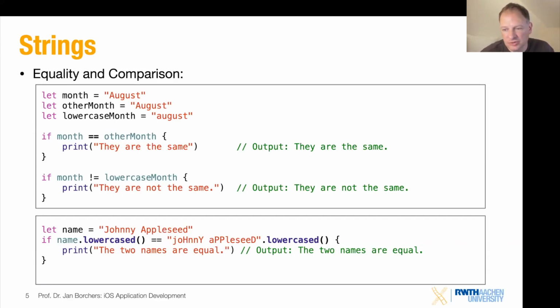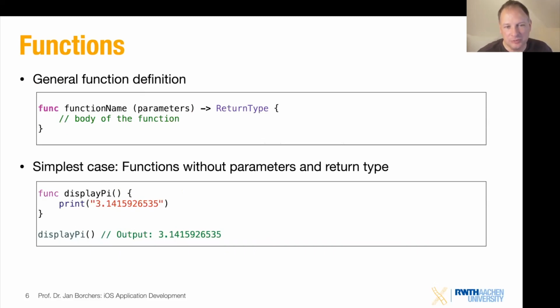Now, functions. Things get a little funkier with functions, I would say. But first of all, it might look pretty normal. There's only a bit of syntactical sugar that is a little different than what you might be used to. So the general way to declare a function is with a func keyword. Then you say what the name of the function is. Yeah, I know, it's func. You specify the parameters in round parentheses, nothing surprising here. And then comes the right arrow made up of a minus sign and a greater than sign. And that defines the return type, if you are returning anything. Okay, that's maybe a little unusual.